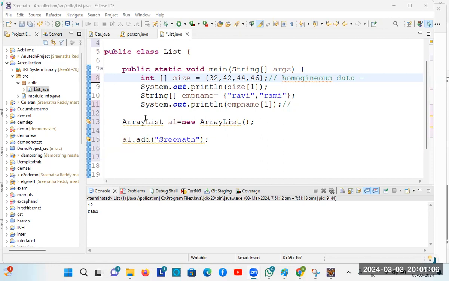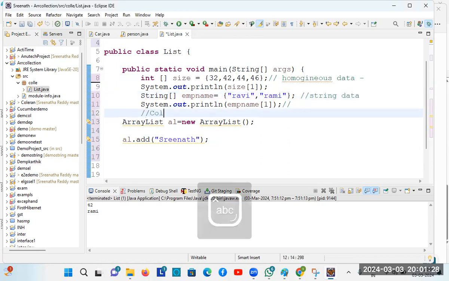So here you are able to store only homogeneous data, right? So this is a string, correct? So only one kind of data you can store in the arrays concept, right? When it comes to the collections concept, you can store